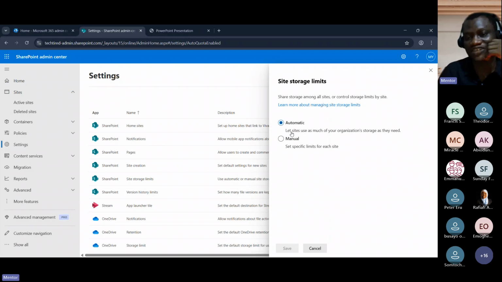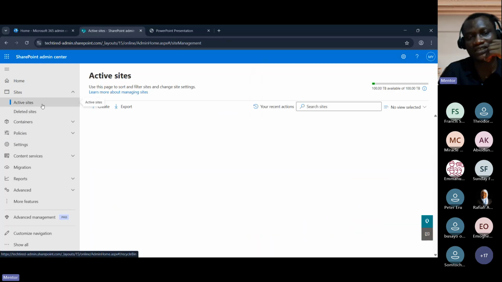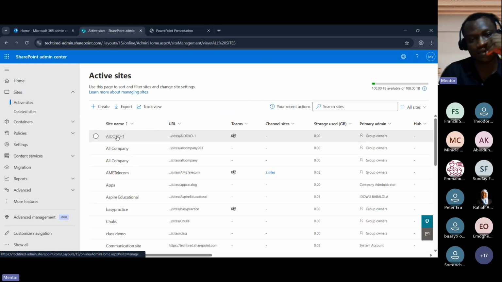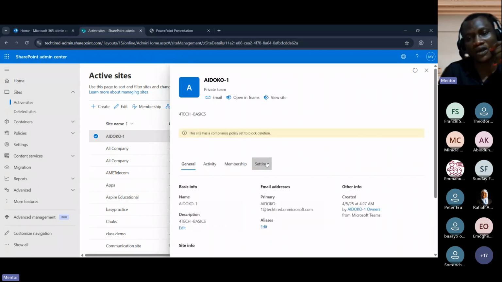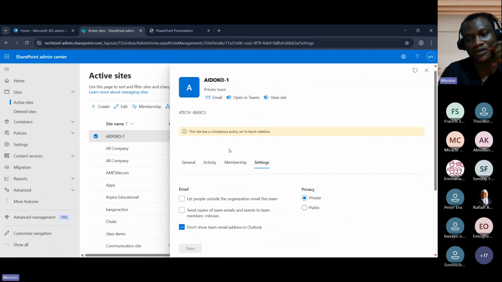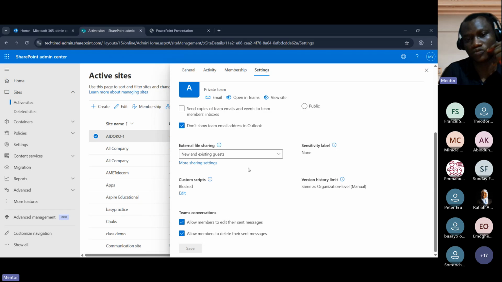So it says let sites use as much of your organization storage as they need. So it's automatically spread out. But if I set it to manual and save, what that means is that I can now go to this site, click on this site, and then go to settings, and I'll see the option to